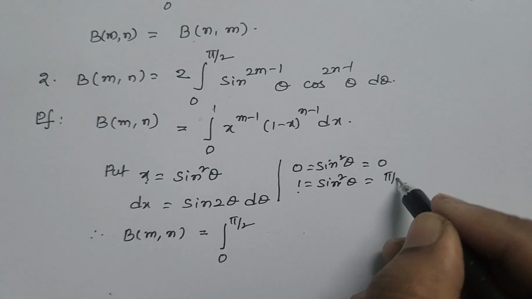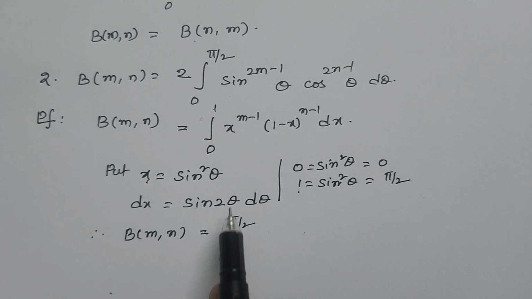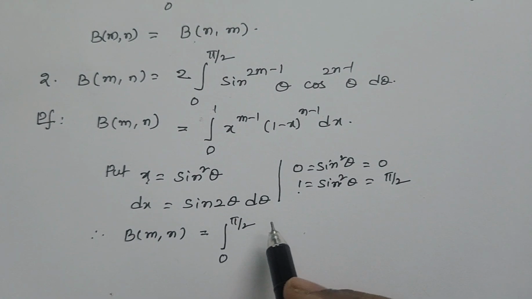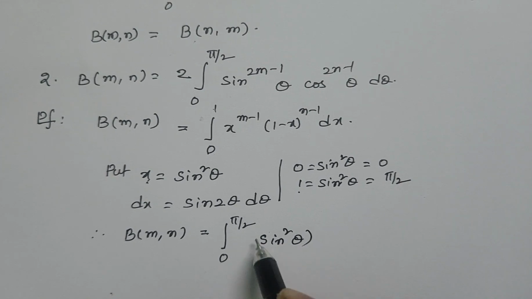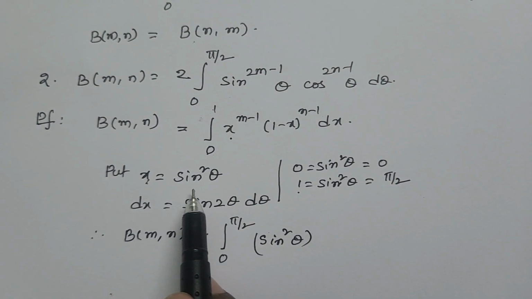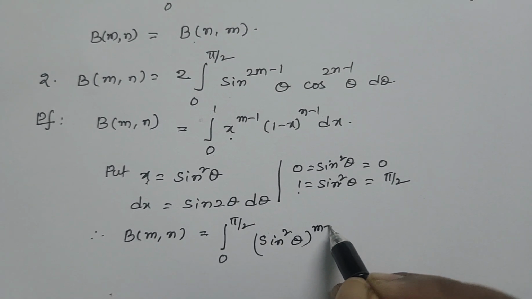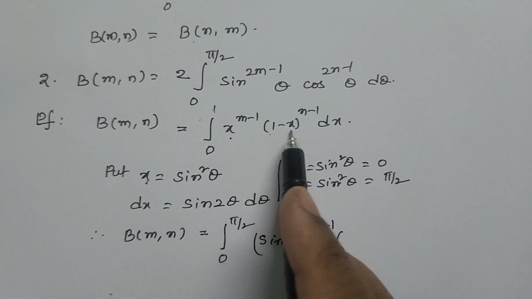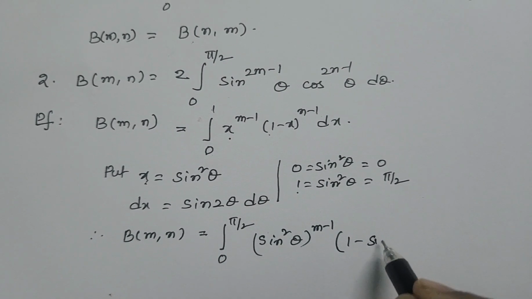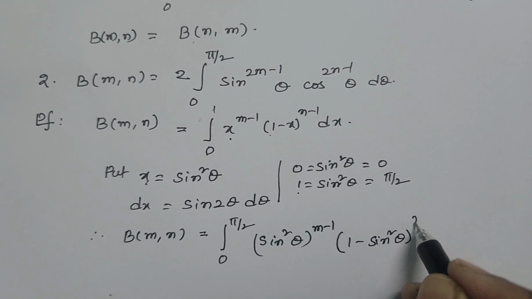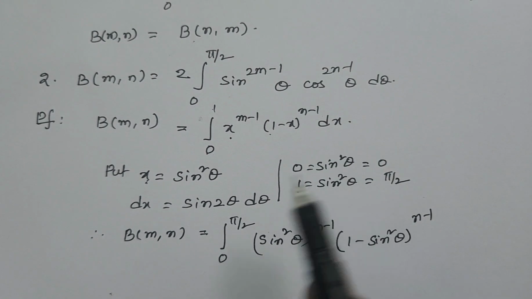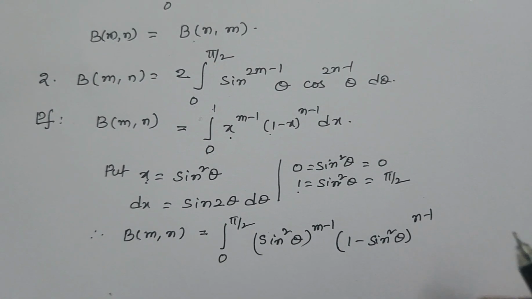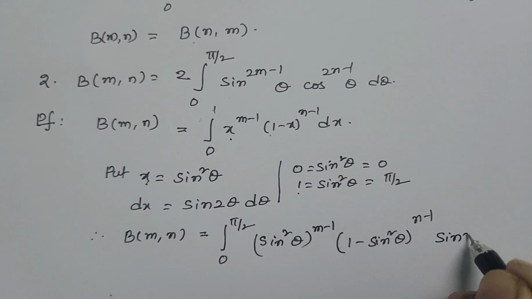If theta is pi by 2. So the limits are 0 to pi by 2. Sine square theta, because x is sine square theta, to the power of m minus 1, and 1 minus x, 1 minus sine square theta to the power of n minus 1, and dx is nothing but sine 2 theta